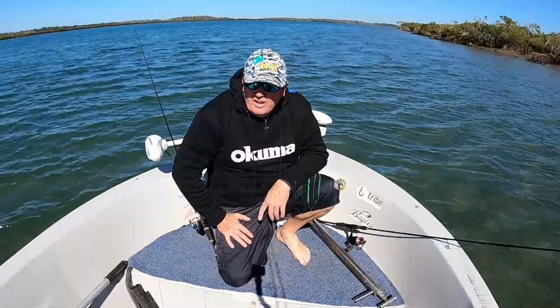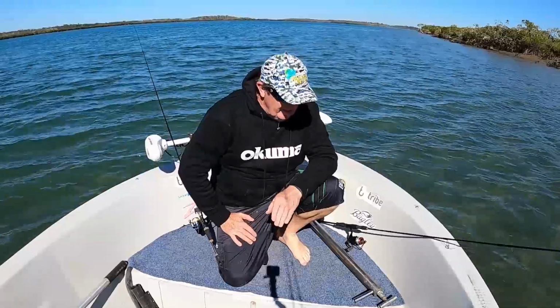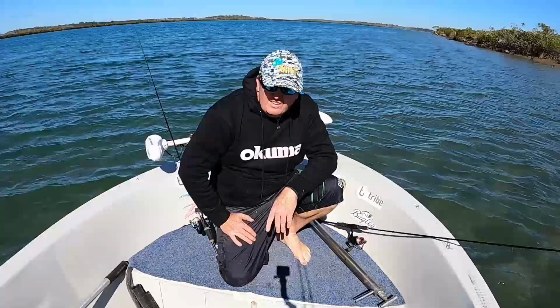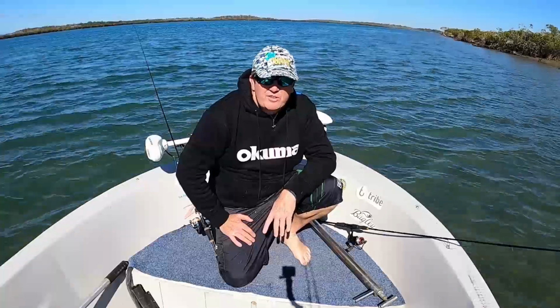Guys, not much running in the tide today. Haven't done real good on the lure fishing, so I'm going to dig a few yabbies and have a bit of a whiting fish. I keep my whiting fishing very simple. I only do it two or three times a year, but